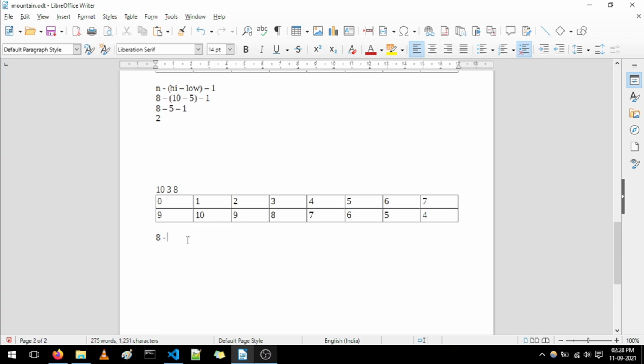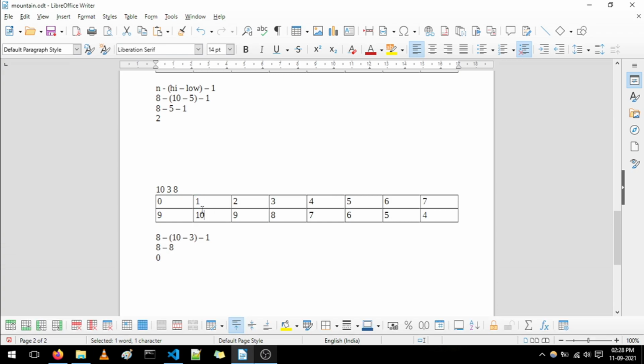Now let's apply the same formula here. So here 8 minus 10 minus 3 minus 1. So 8 minus 7 minus 1 is 0. Now we can see that we are getting the highest index as 0 here, but in our result the index is 1, meaning the highest value is at position 1. So what we can do here, if we see